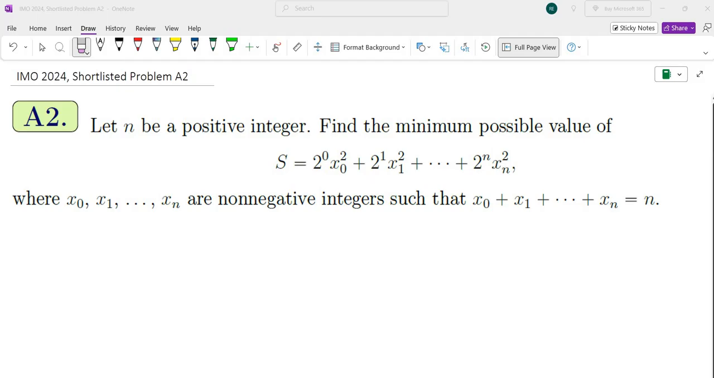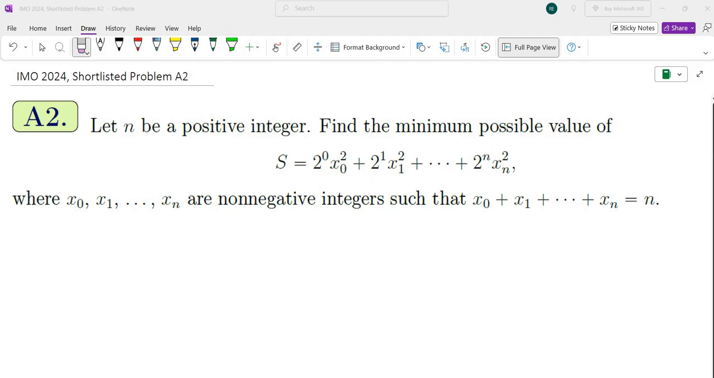This is a problem from the 2024 International Math Olympiad. This is shortlisted problem A2. So here's the problem. Let n be a positive integer. Find the minimum possible value of the sum where x0 through xn are non-negative integers such that x0 through xn